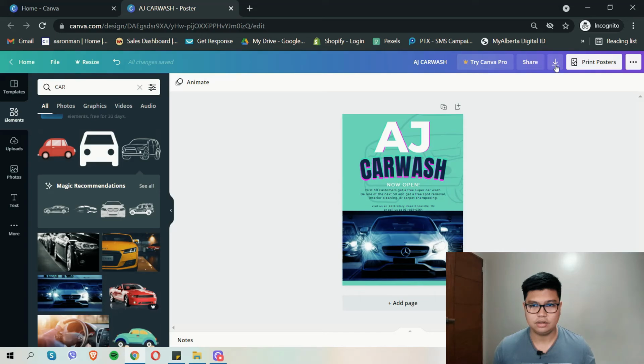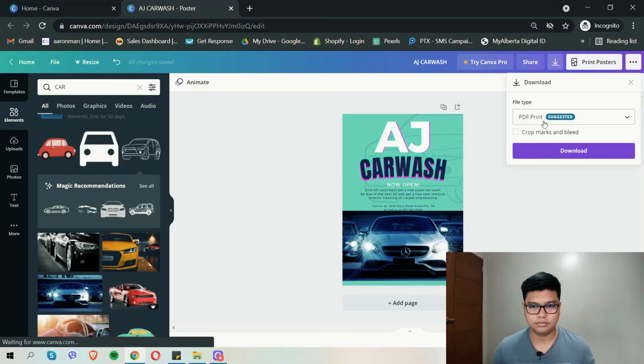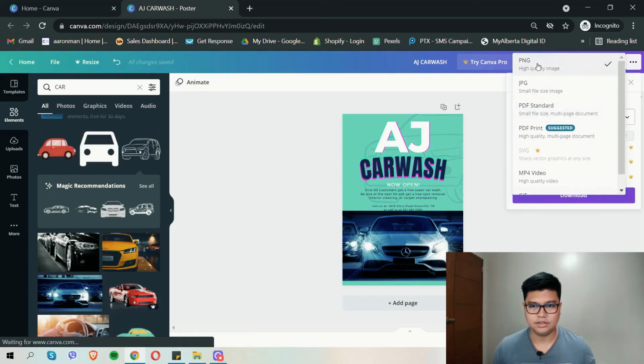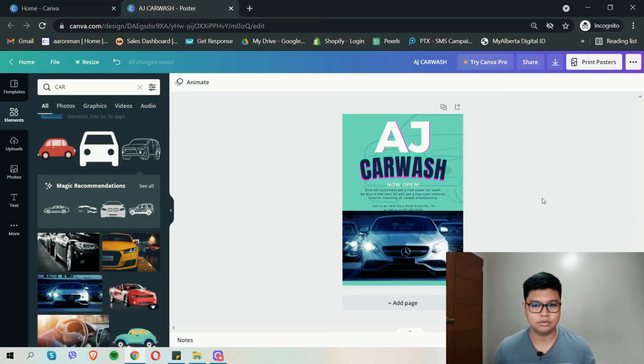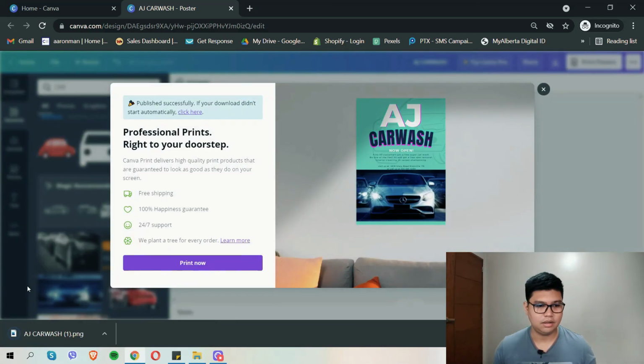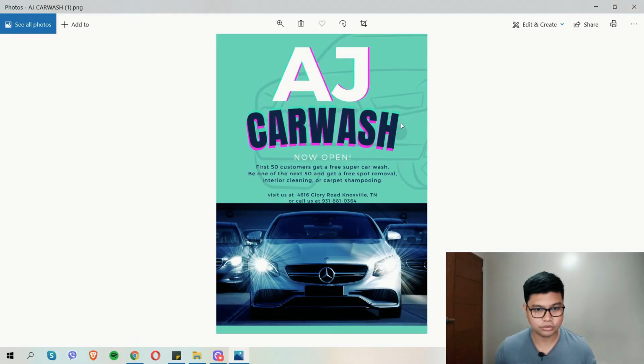And once you're done and you're satisfied with your work, you can download it as a PDF and start posting this in your social media accounts. And there you go. We have a professional looking poster without ever needing to pay someone to do this for yourself. It's very easy, and that's why you should start using